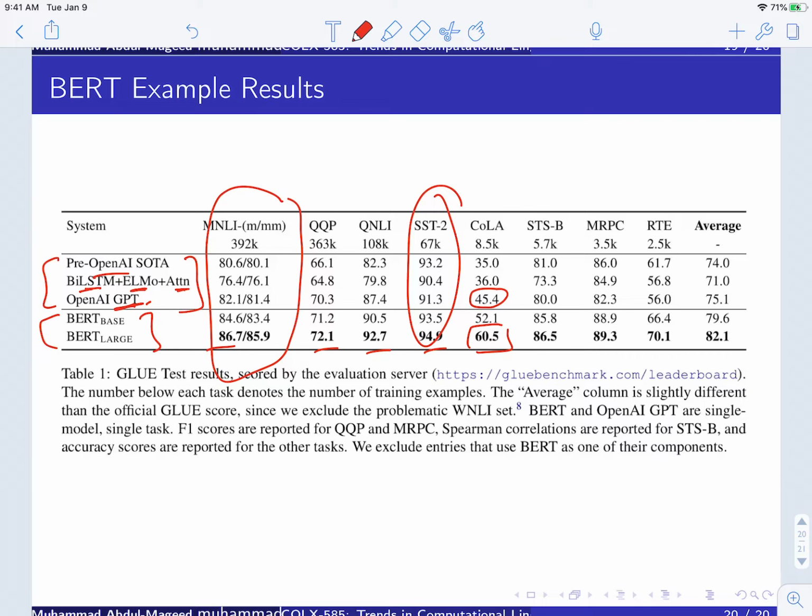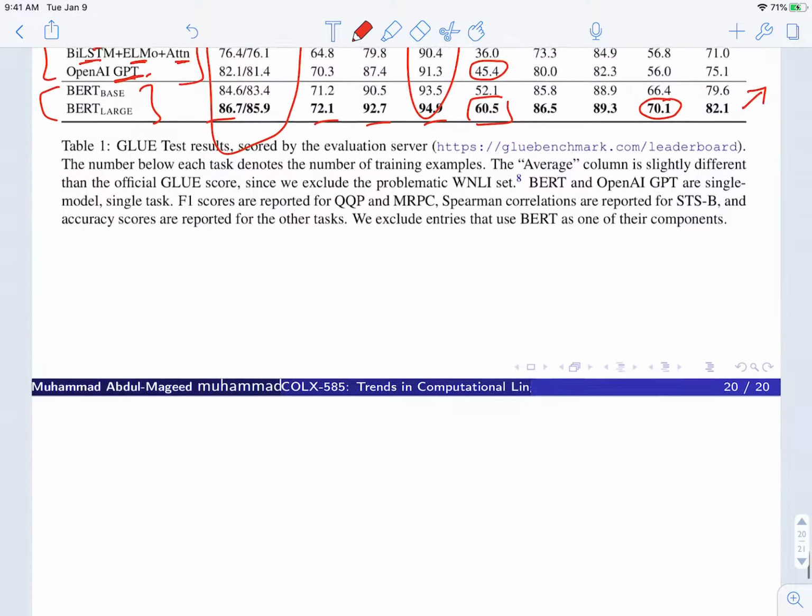Or look at this one, for example. It's a little bit less than 10%, so it's still a huge margin, right? In any case, this just shows that Bert is pretty powerful and pretty useful, and it's a good model that you should be happy that you now know how it is trained. And then you are going to also learn how to engineer it, how to use it on a downstream task. So I hope you have found this useful. That's the end of